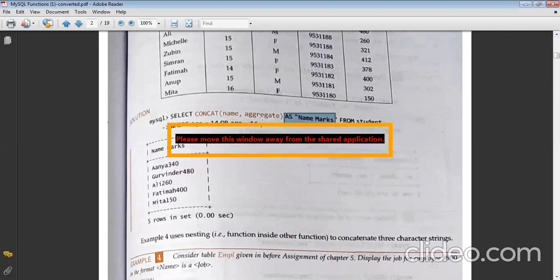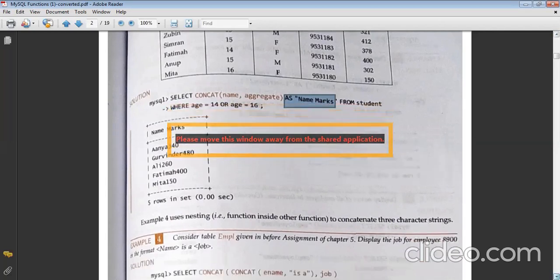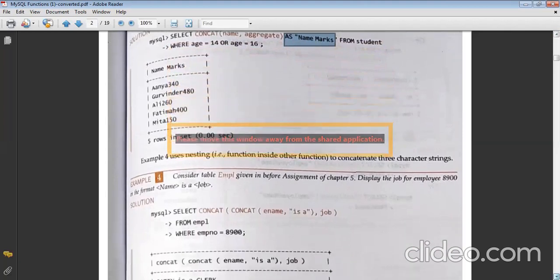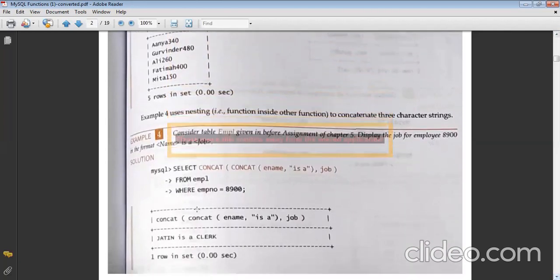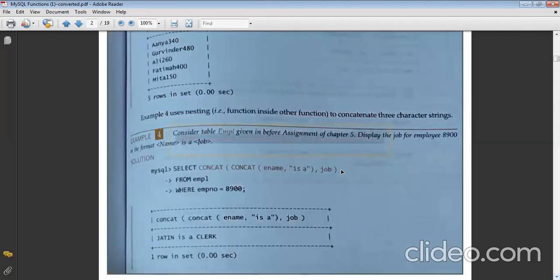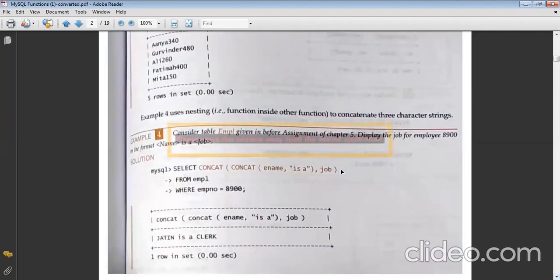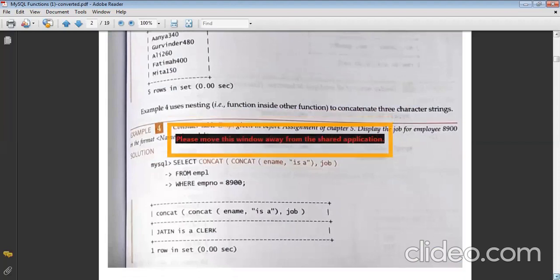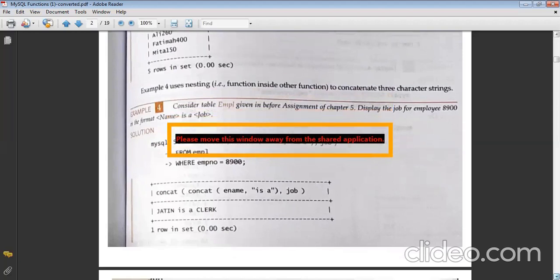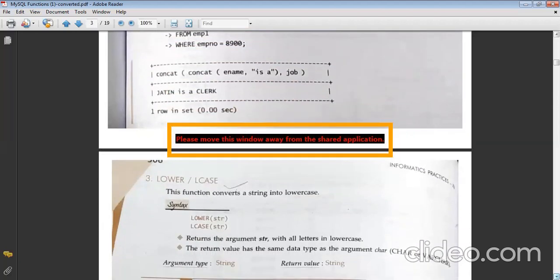आपने जो भी function लगाया है, write the function and then just use as and the new column name, whatever one you want it to be represented like. So if I'm talking about this query, after this statement, I can just write over here as and then a new column name for it. So this will be the way it will function. So any doubt with nested concat or concat? Shall we move on?